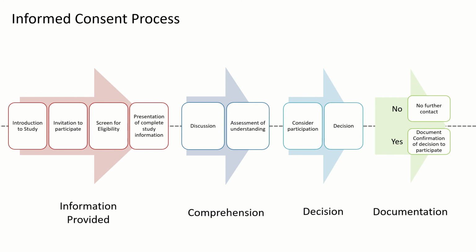But if you're not having a clinical trial, if it's an observational study, then your eligibility might be within both the screening and right after consenting, or it could be after consenting, depending on what kind of study you've got going on. After you have presented all of the information, at this point you move to the next step,